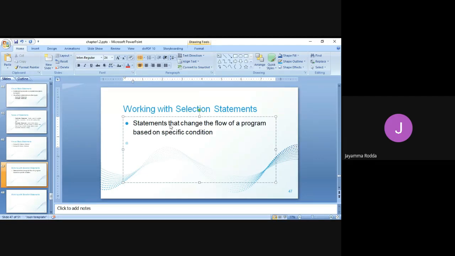That particular part will be skipped and the next list of statements will be executed. How can this condition be executed, or what is a condition? The condition can be a Boolean expression.